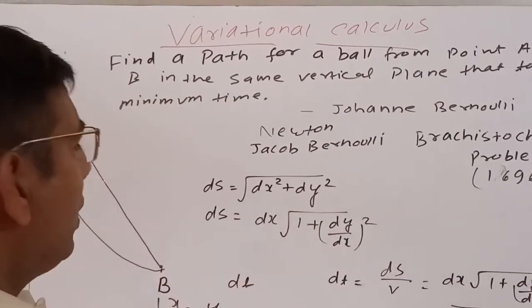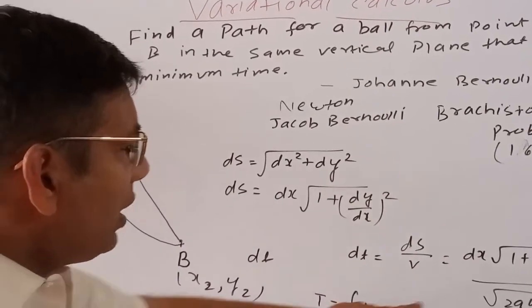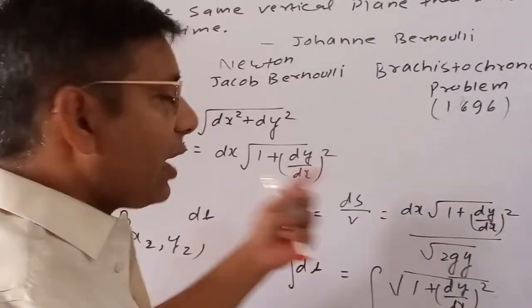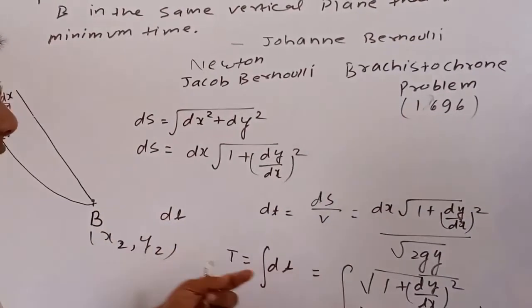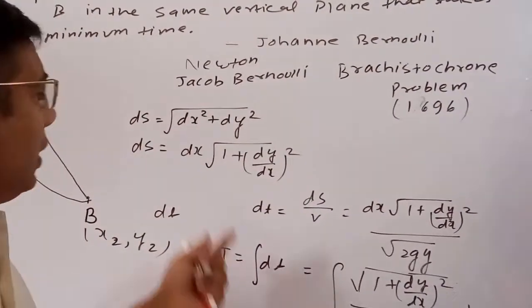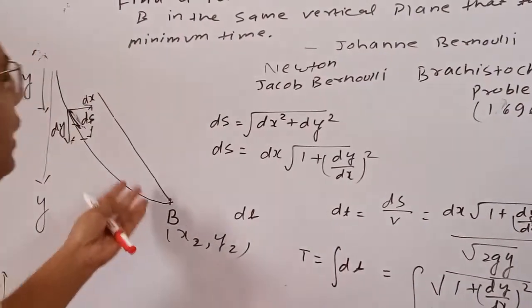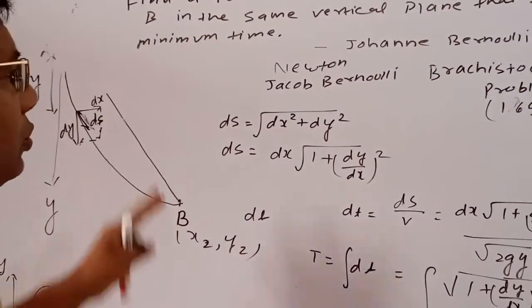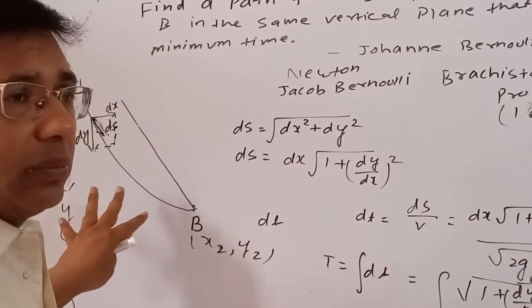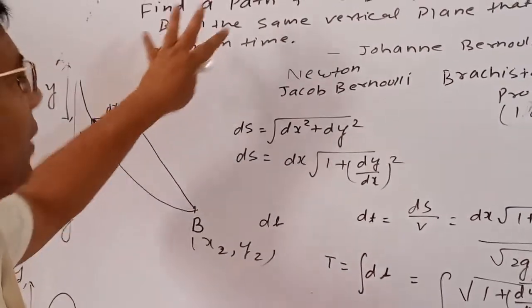where we are having not only a function. We are not trying to find out the minima of a function. Rather, what we are trying to find out is a function itself. So that gives rise to a new area of mathematics to address this kind of problem, right? So that is called variational calculus.